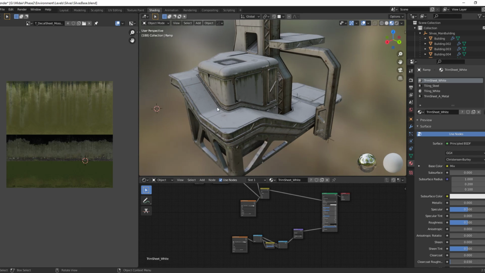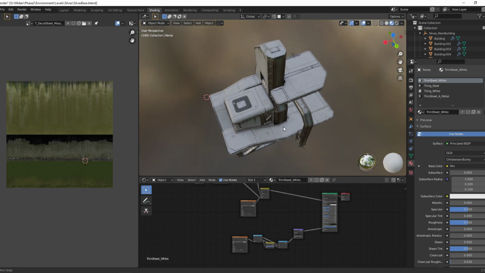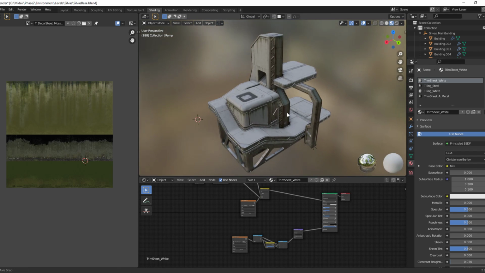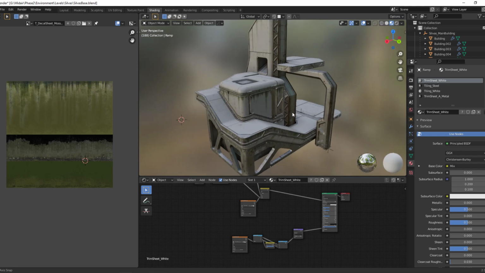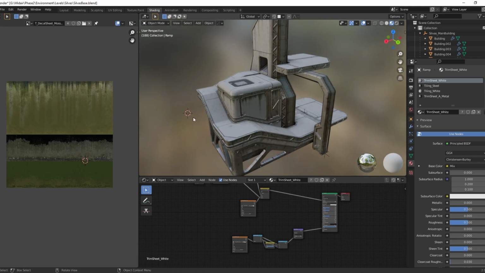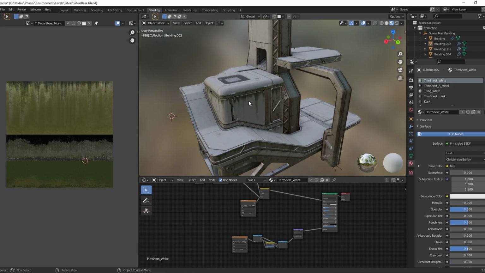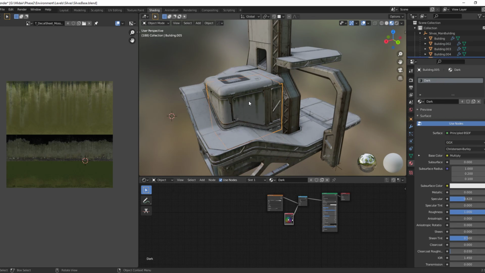Okay, hello. Let's do a quick explanation of secondary UV channels, what they can be used for, and how to set those up in Blender. I'm going to be using an environment asset as an example here, because that's just what I had in hand. But obviously this can apply to characters or anything,